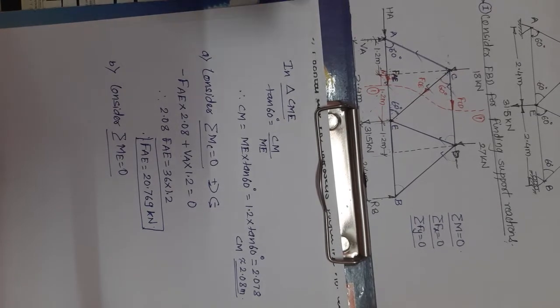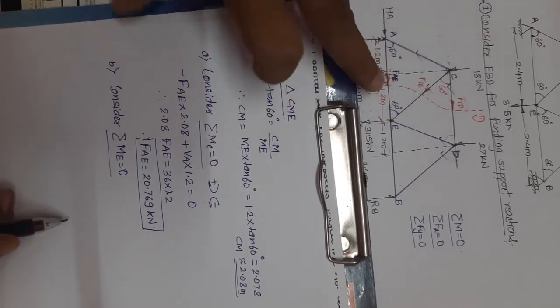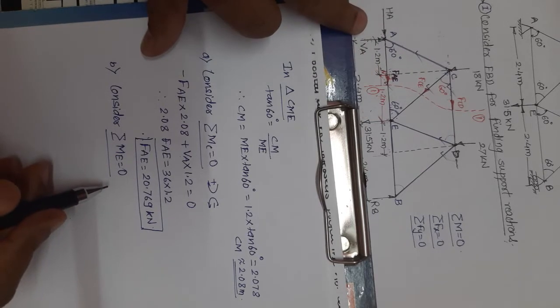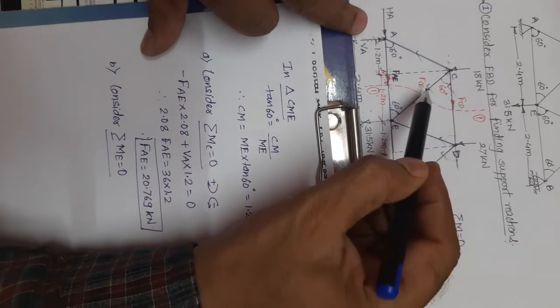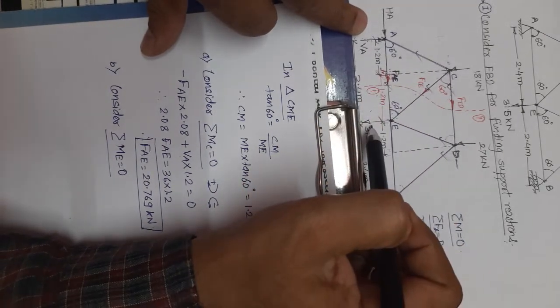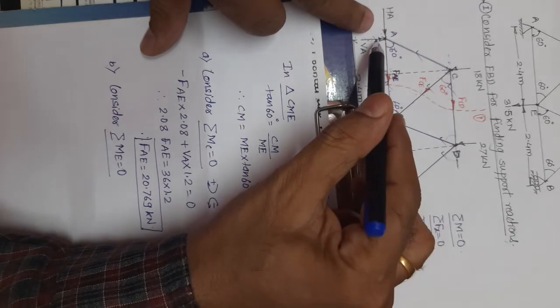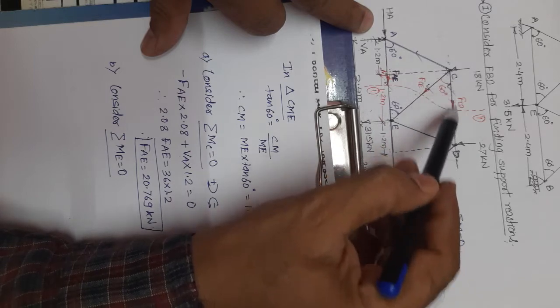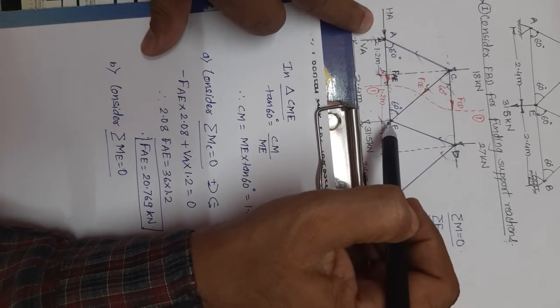Yes, what will be the values now if I take moment about E? So what are the things there? If I take moment about E, these two are going to go. HA is also going to go. This is also not be there. So we'll have VA 18 kilonewton force and FCD with us if you take the moment about E.